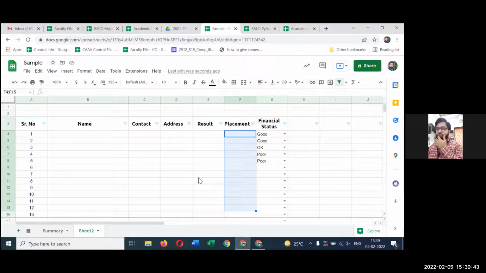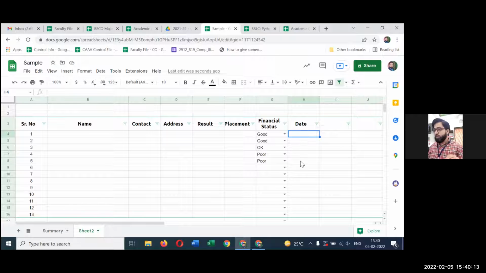सेकेंडली, मोस्ट ऑफन वी हैव a date column, planned date of completion, actual date of completion, date of submission, date of birth and so on. काफी सारे dates के column हमारे generally आते ही है. So let me have one, here the date column. तो what I want कि यहाँ पे जितनी भी dates आए ना वो specific order में, specific style में आए और dates ही आए, कुछ और ना आए.